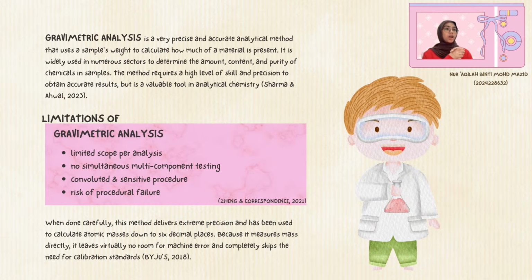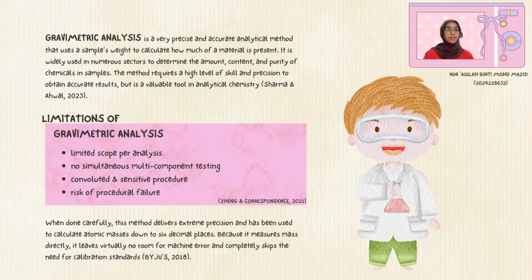Now let's talk about what makes gravimetric analysis so powerful. At its core, gravimetric analysis is an incredibly accurate and precise method. It relies entirely on a sample's weight to calculate exactly how much of the material is present. Because it measures mass directly, it leaves virtually no room for machine error and completely skips the need for calibration standards. When done carefully, it is so precise that it has been used to calculate atomic masses down to 6 decimal places. However, there is